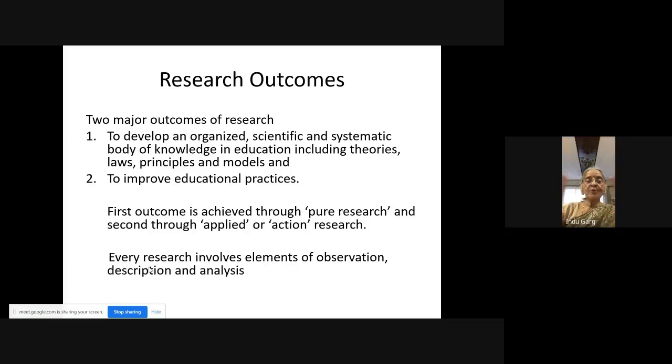Okay, so after doing observations, after doing your research, when you arrive at an organized body of knowledge, that is known as your theory, and a law or a principle, that this is the principle that will help in students' learning. Okay, so or help in memorizing, or help in motivation, whatever. So the whole idea is to develop an organized scientific body of knowledge.